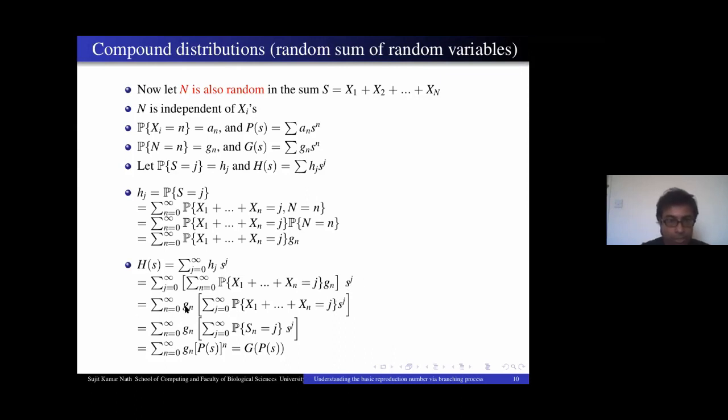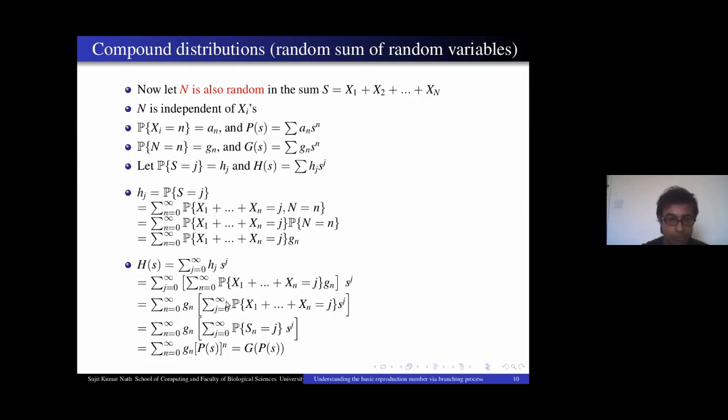Now I can interchange the summation. Lots of major theoretic technicalities are involved here, but fortunately it turns out that I can